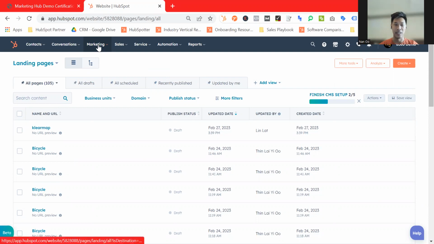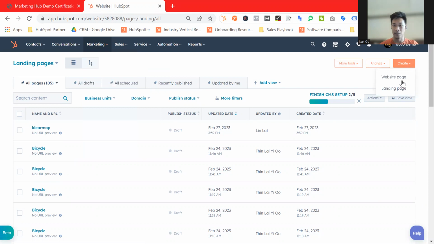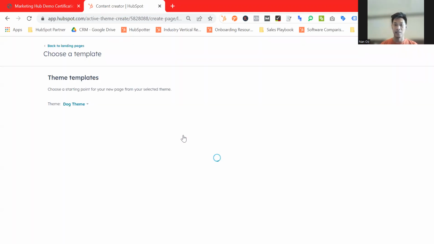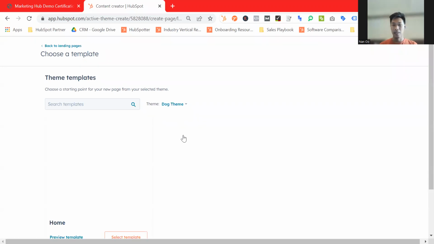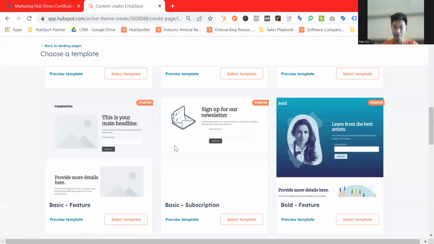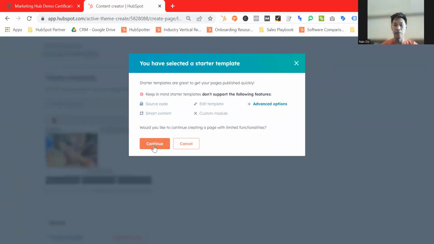So let's go to the landing pages. It's under the marketing. So here you will see create. So just go to create and click the landing pages. So you have to give the name. So this will be the testing demo, and you simply click create page. So the best part of the landing page is you don't have to worry about the landing page design, because HubSpot provides tons of landing page templates. So you can just select a template, edit the content, and then it's good for you to publish. So let's select this basic offer ebook. When you click continue,